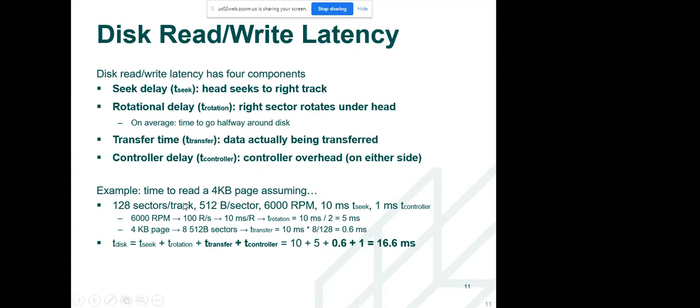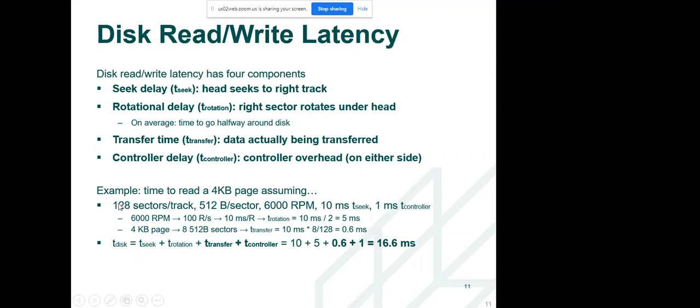For the 4 KB page, the transfer time is the rotation time times 8 by 128. How does this come? Because a 4 KB page is 8 sectors of 512 bytes.